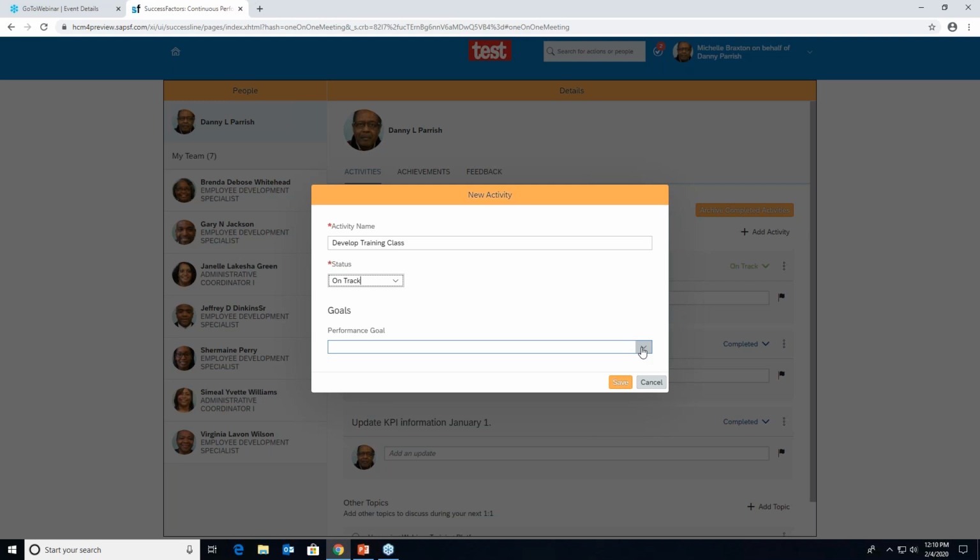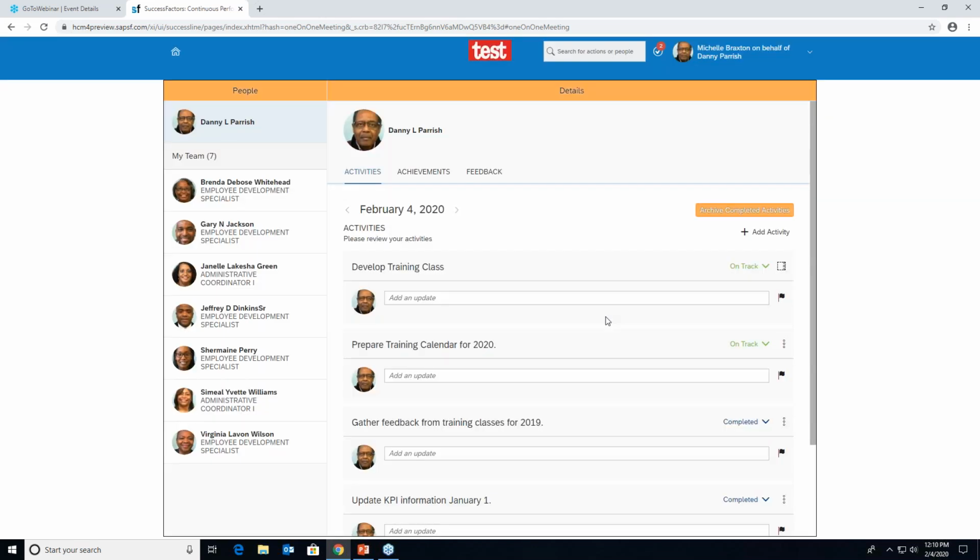And you also have the ability to link that to a particular performance goal if you choose, and then click save. And so, as you can see, it will show up here.